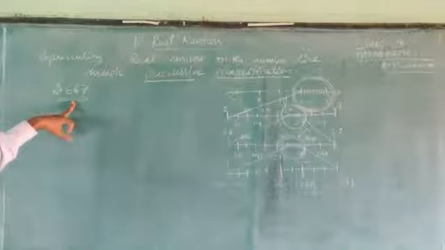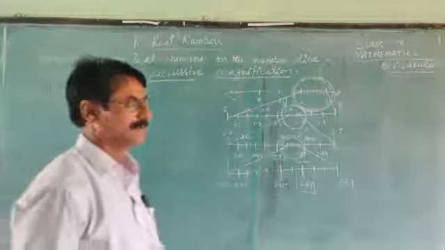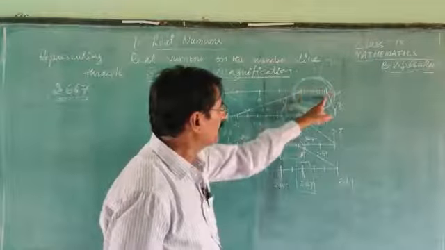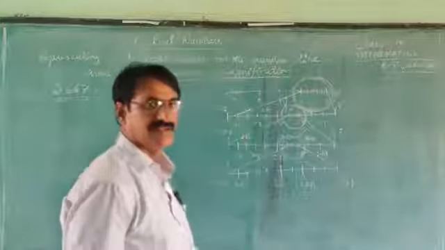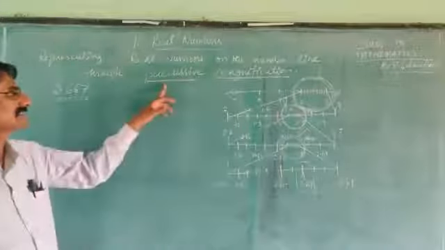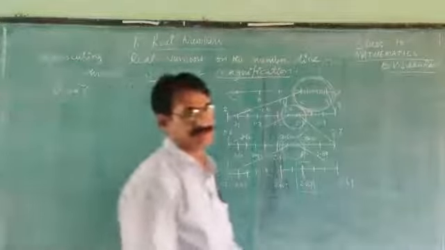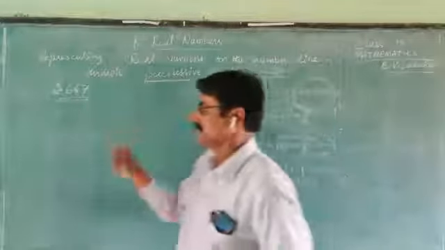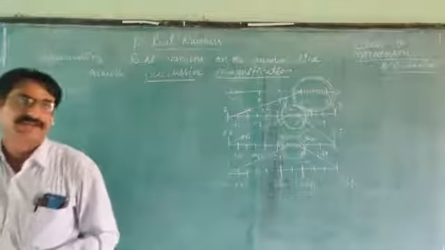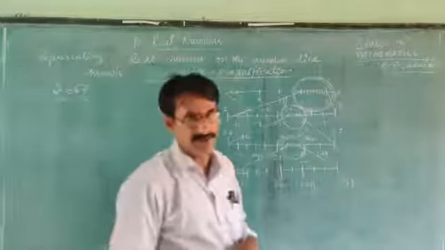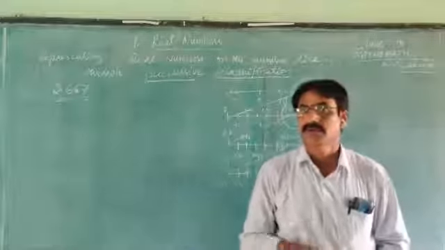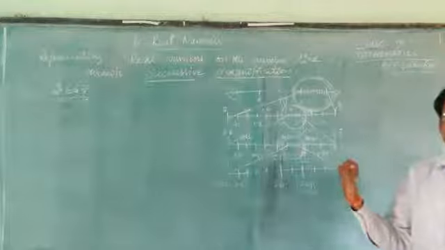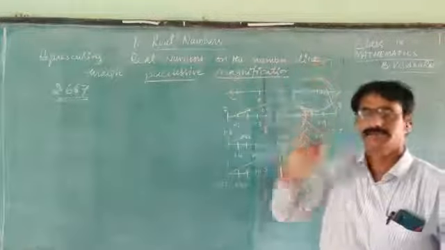Any decimal number can be located on the number line. That means it is here between 2 and 3. With the successive magnification method, we can locate not only terminating decimal numbers, we can locate non-terminating recurring numbers and non-terminating non-recurring numbers also on the number line in this method.